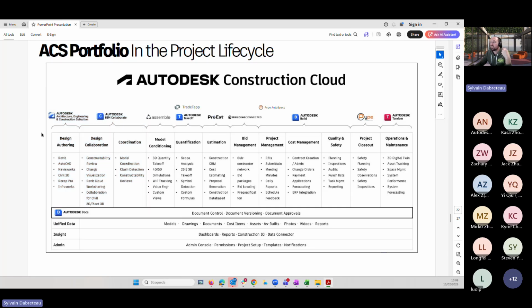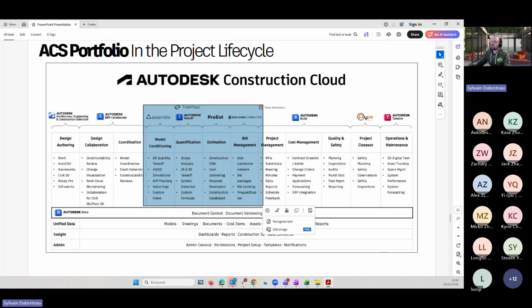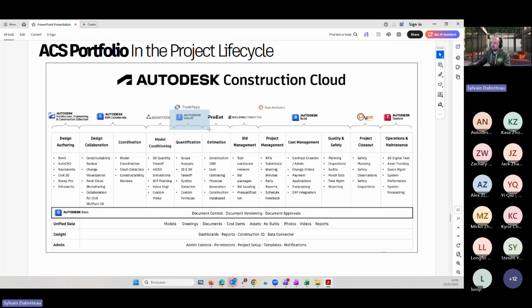Then we move to the pre-construction phase. Pre-construction is not a mandatory step; mainly our teams would be working from design to construction. But if you want to include pre-construction, it would be here between Collaborate and Build, with quantification, estimation, etc., with a different set of products. For your information, we used to have an ACC module called Autodesk Takeoff, but now it's called Autodesk Pre-Construction. I need to update this slide.